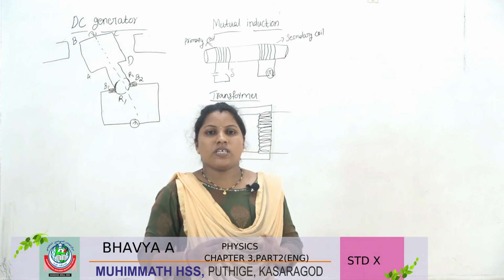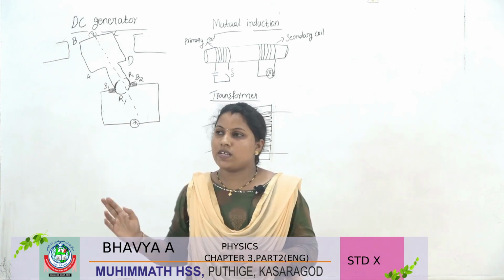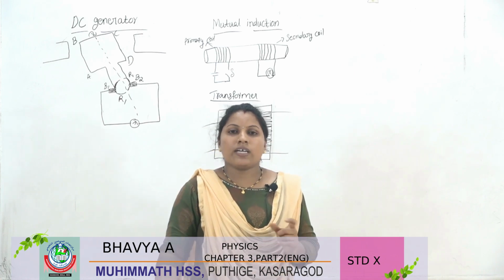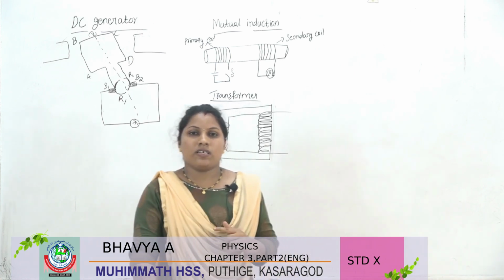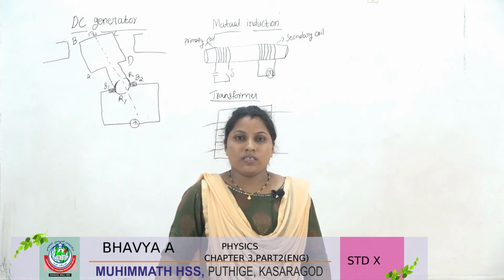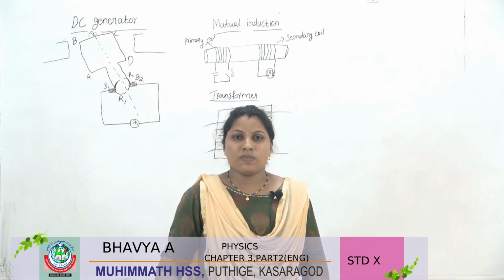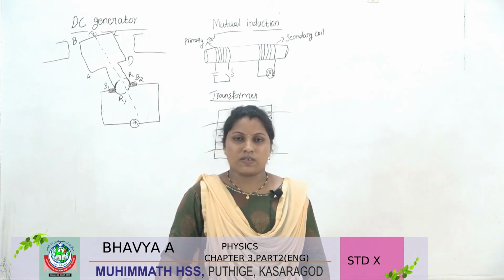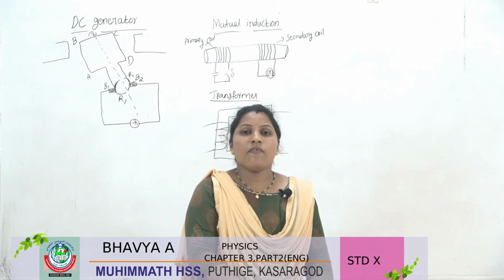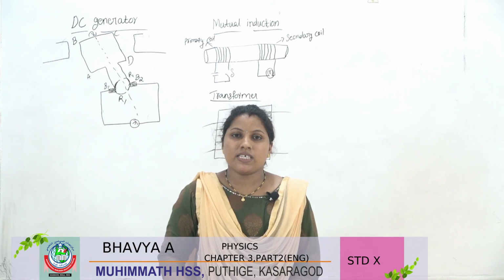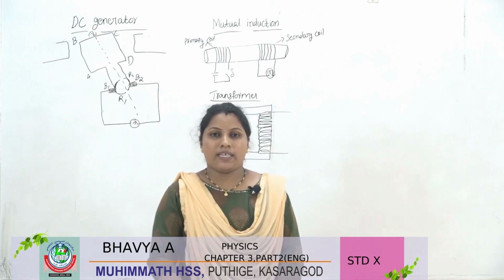How does an AC generator rotate? Same process. This also rotates here. In an AC generator the current changes, no, the direction of current changes, but in a DC generator the direction of current does not change. Then the graphical representation of AC generator, DC generator and DC battery.